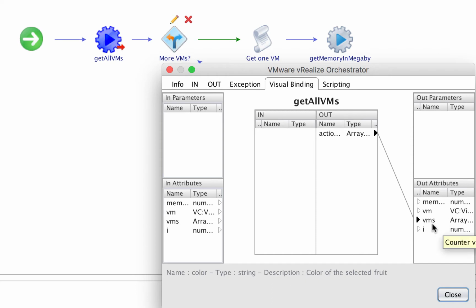So VMs in my workflow is an array of virtual machines. There's another variable here called VM, which is going to be used later on to hold a single VM. Since this is an array, if you've ever worked with arrays before, you already know what a counter variable is. But in our workflow here, we've got this variable called I that's just going to be a counter variable so